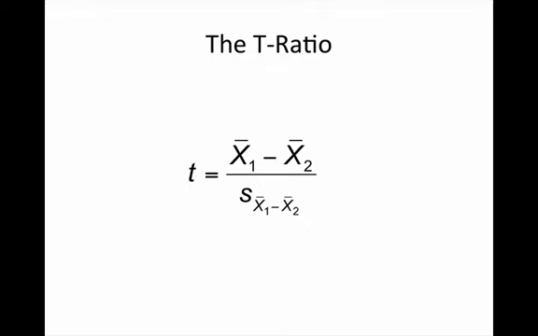Once we have the denominator that we need, okay, for our t-ratio, I simply take the average of group 1 and subtract the average of group 2 and divide by the standard error of the difference between the two means. And then, with that,